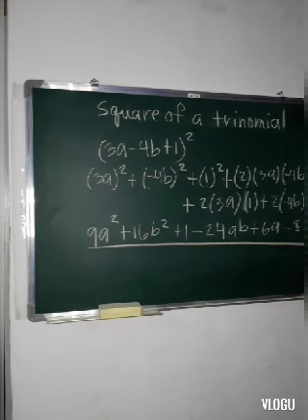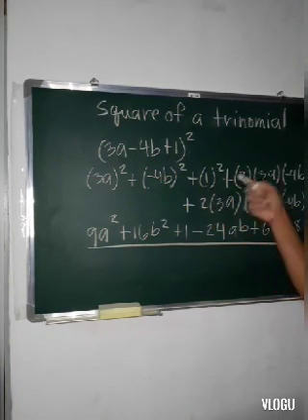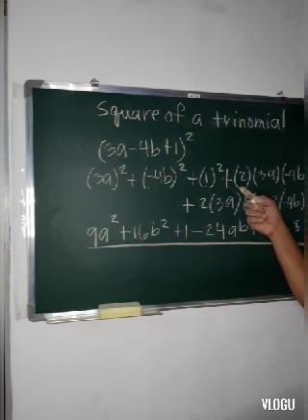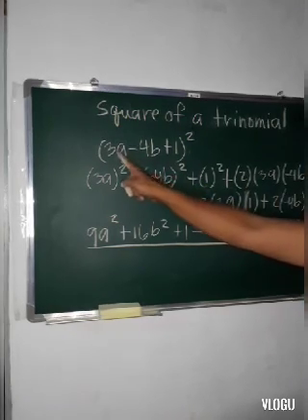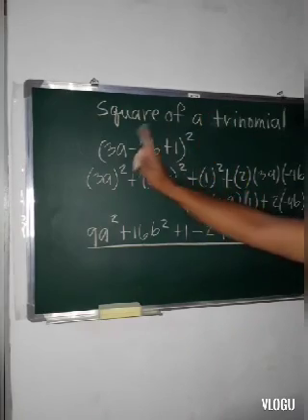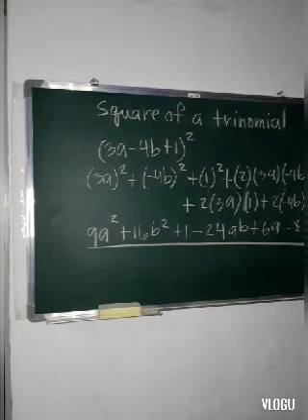Again, to get the square of a trinomial, first, you're going to square all the terms. Second, you're going to multiply by twice all the pairs that you can make. For example, twice the first term and second term, twice the first term and the third term, and twice the second term and the last term. Okay, that's how we deal with the square of a binomial, the square of a trinomial, and of course,